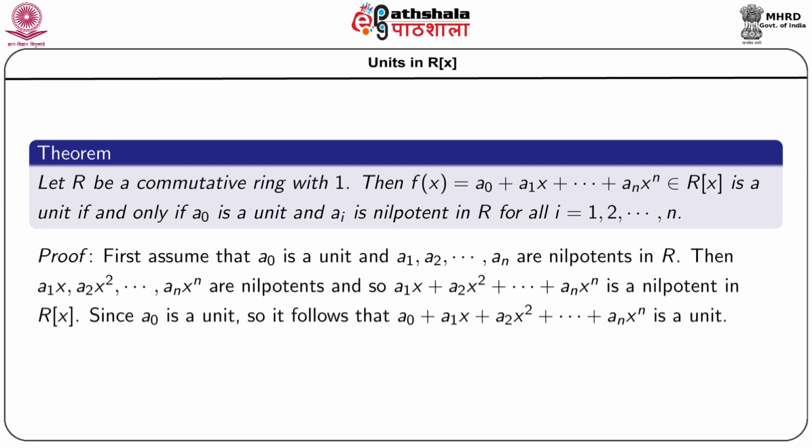Since a0 is a unit and this sum is nilpotent, we know that the sum of a unit and a nilpotent in a ring is a unit, from which it follows that a0 plus a1x plus a2x squared plus so on plus anx to the power n is a unit. For the converse,